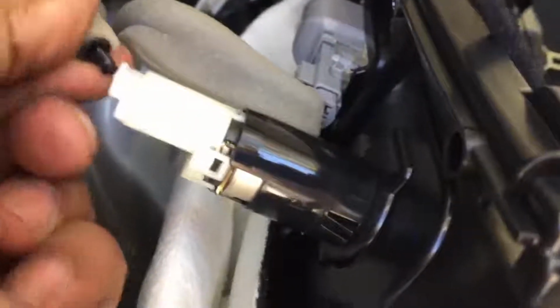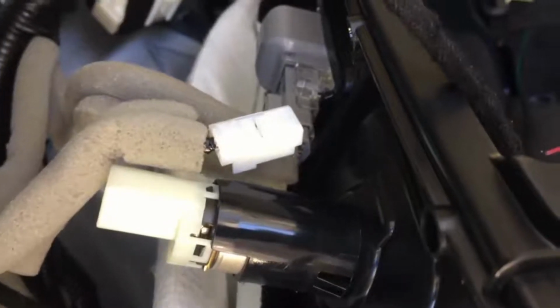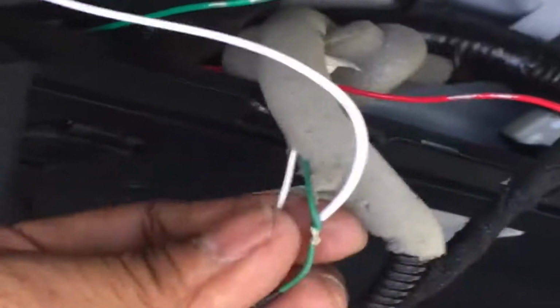our ACC goes right here. This is our lighter, and gotta find the hot wire for this, and that's where we connect the white wire ACC for the foot sensor. So as you can see, I tapped the white wire from the foot sensor into our lighter plug,